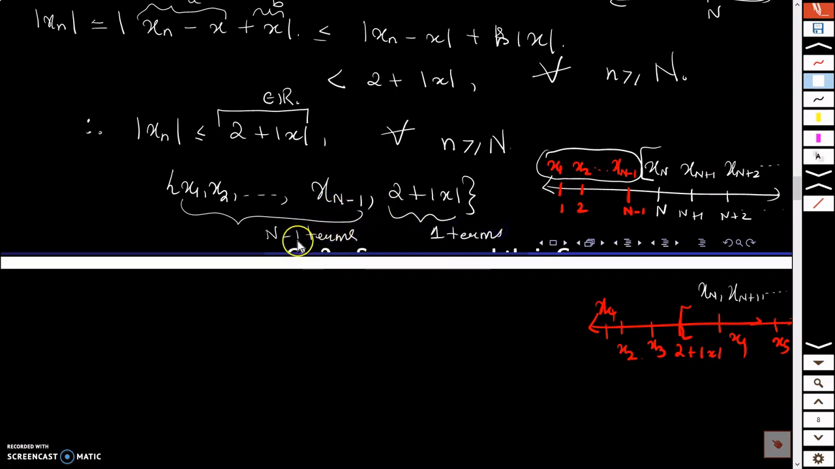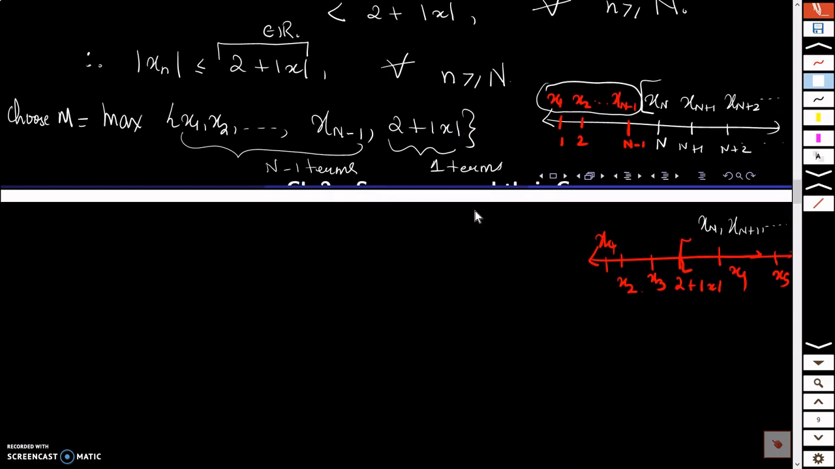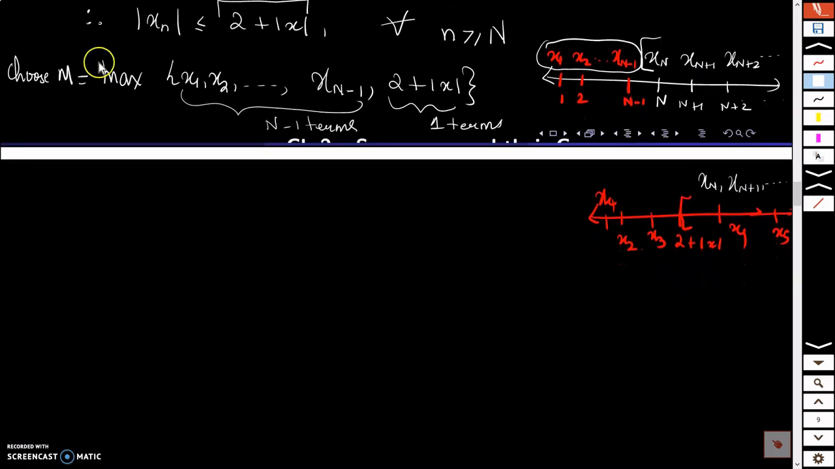What I want now is a real number which will be bigger than or equal to all the terms of the sequence. So I will pick the biggest one in this collection. Because this is a finite set, it is definitely going to have a maximum. So choose capital M to be the maximum of all these. Then because M is the maximum of this set, M must be bigger than or equal to all these numbers. Therefore x_i is less than or equal to M, for all i going from 1 till N minus 1,